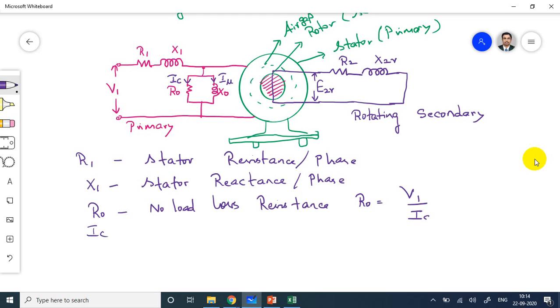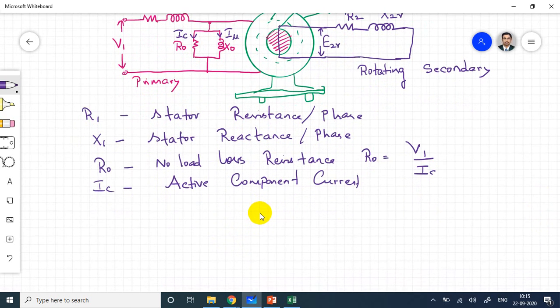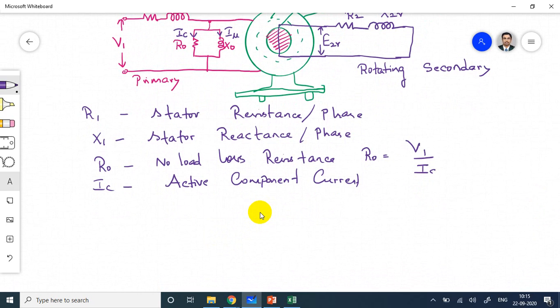IC stands for the active component current. In some textbooks they mention this IC in another notation also. Another one is I mu. I mu stands for magnetizing